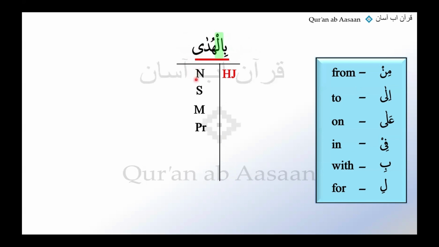Good. And how does a Musa type noun behave? What are the Musa type nouns? They appear the same under all three case signs. Good. So what do I write in my analysis here? Raf, nasb, jar. Excellent. And now how do I determine the actual final case sign? We are so used to doing it now. We are experts already. We are looking back and back. We can see there is a harfe jar. So because of B, what do we do? We cut the raf and we cut the nasb and we are left with jar.